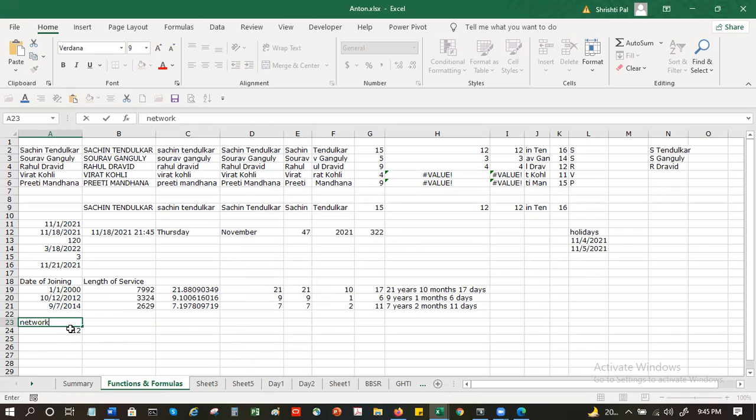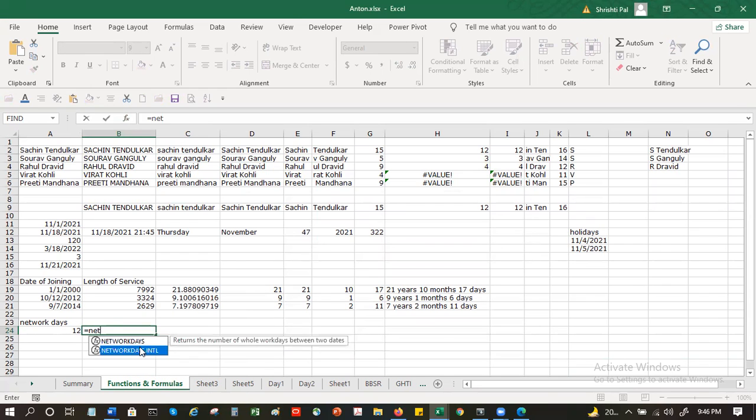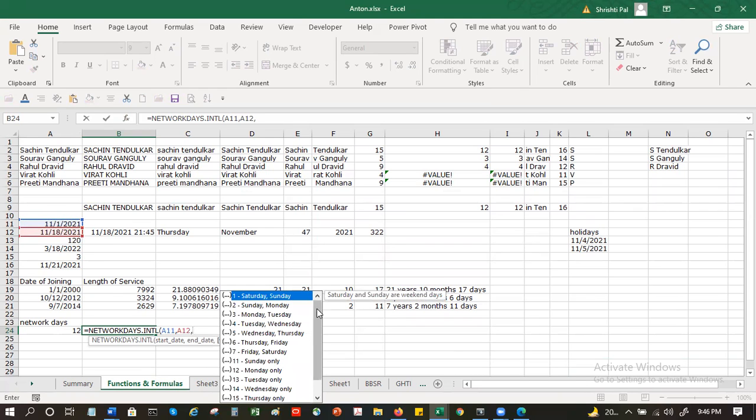Now this one, they are calling it as international. This is the normal American, British, Indian style weekends. You might have something like for the Middle East, right? So in that case, there's something called as NETWORKDAYS.INTL, where again you have this start date, end date. Here you can choose your weekends. Maybe just Sunday, for Indians.